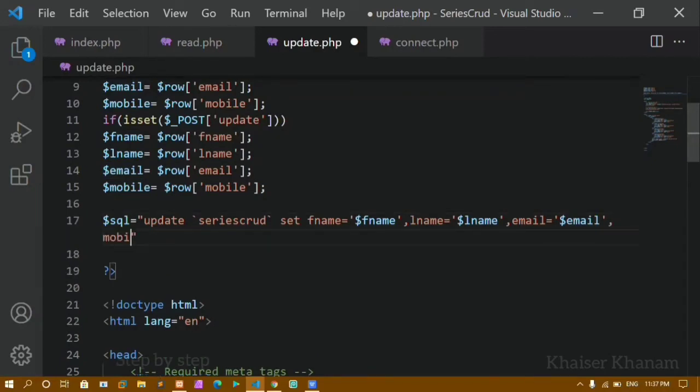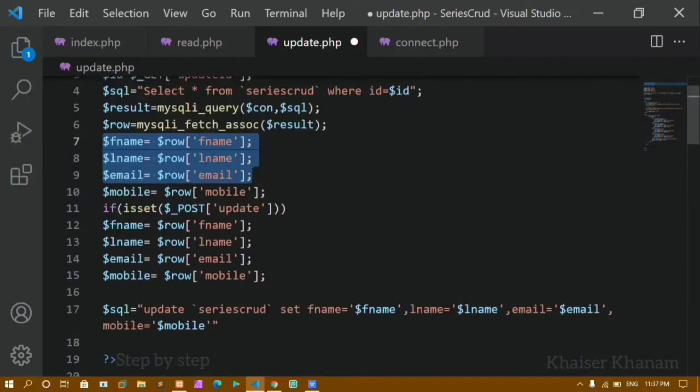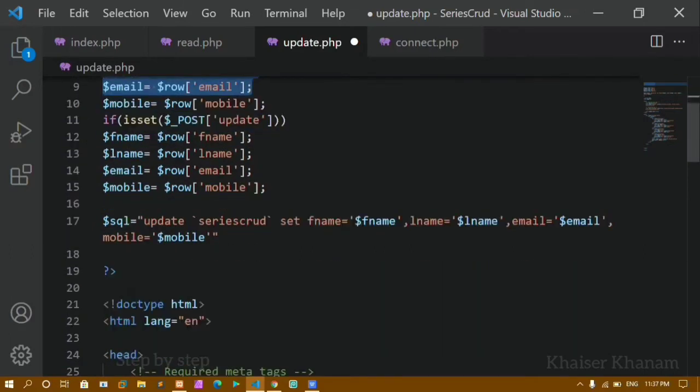And next is my mobile. I'll write that one here. Inside single quotes I'll be writing mobile. These updated values I'm storing inside the database, and I'm updating these particular fields. Whatever ID data I'm getting through this, I'm accessing that entire data from the database, and I'm updating. Once I have updated that one, that data I'm storing inside these variables. Now I am setting this is the column name, and inside this I am setting this updated data here. These are the updated values I'm storing inside this one.